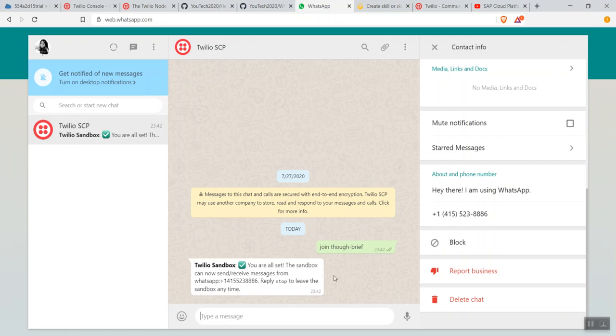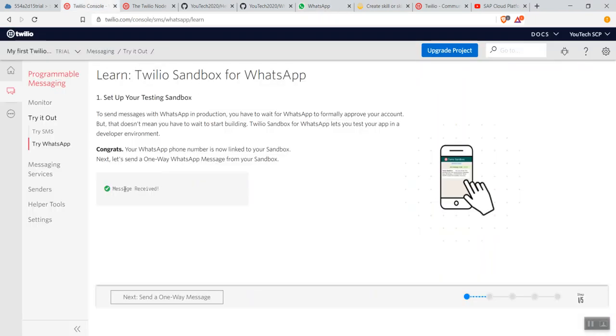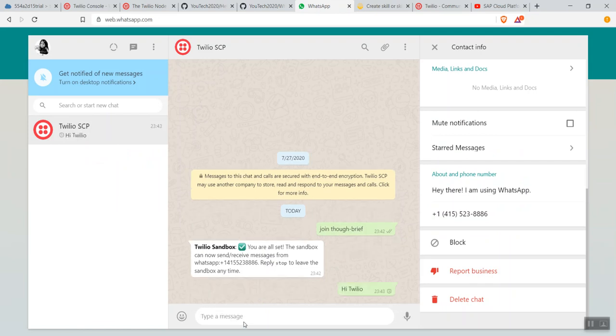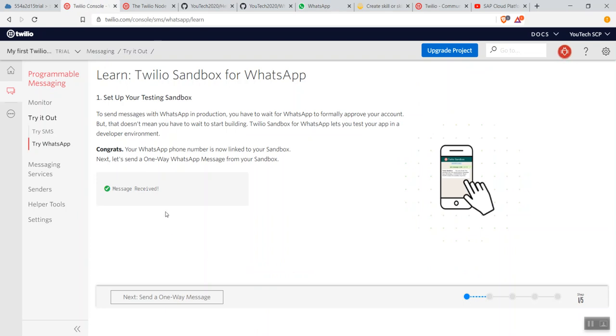So once it is done, we have made a connection between Twilio and your WhatsApp account. After that, you can see here "message received". You can even send a message to your WhatsApp mobile number. This is just for testing purposes, to see how Twilio can send WhatsApp messages and how Twilio can receive messages from WhatsApp. So you can see here, let me enter "hi Twilio", and once you enter it here, you can see